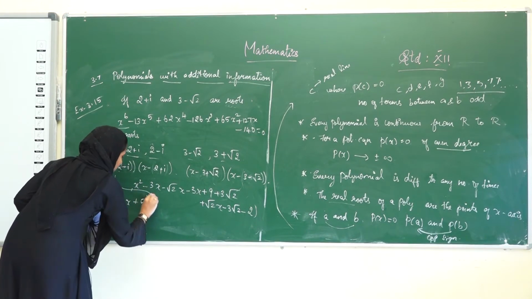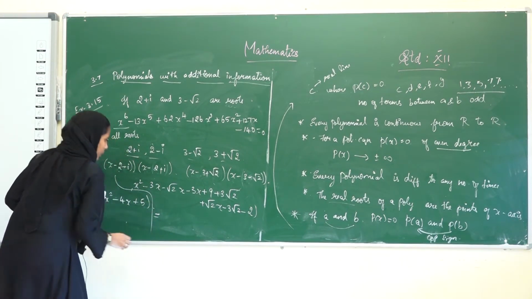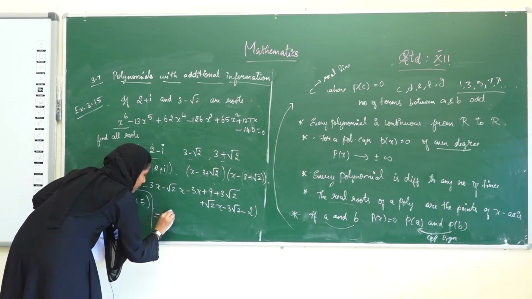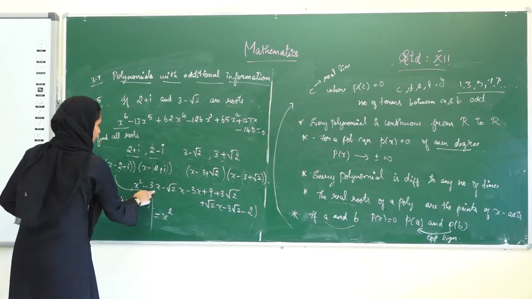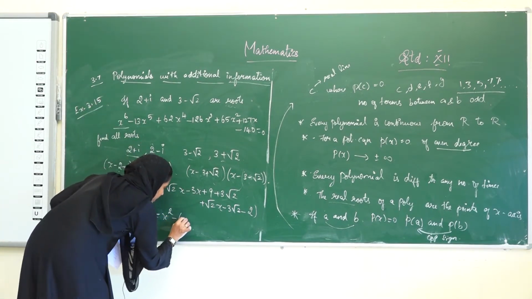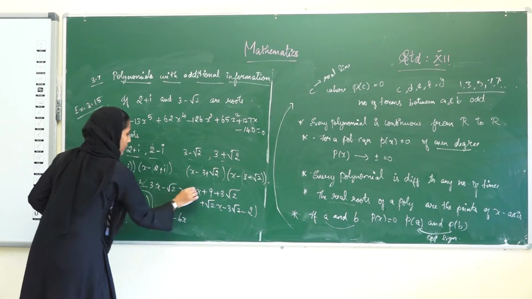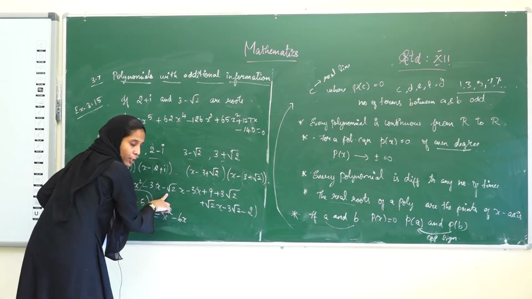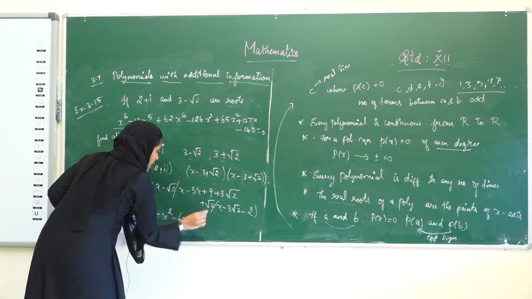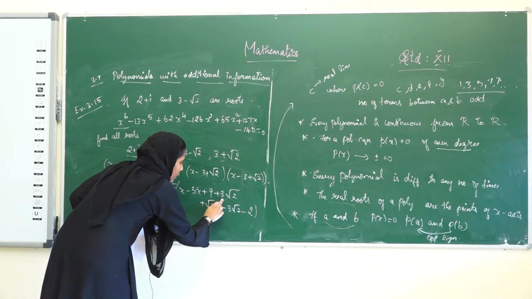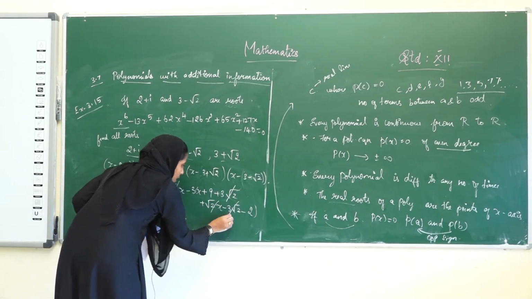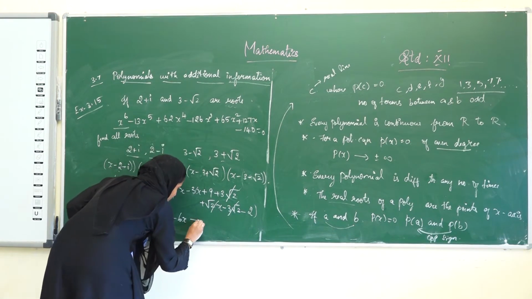Okay. Now we solve this. See, the x square term comes as it is. Then minus 3x minus 3x, here it is minus 6x. Okay, we have written this. See here it is minus root 2x and here it is plus root 2x. This term gets cancelled. Here it is plus 3 root 2 and here it is minus 3 root 2. This term gets cancelled. And plus 9 minus 2, this is plus 7.